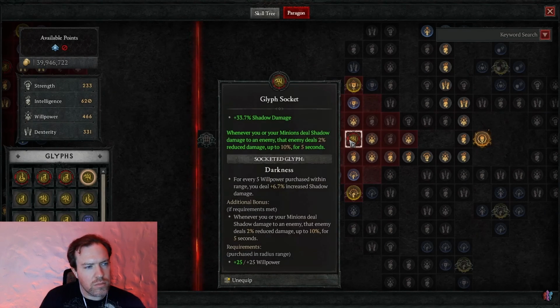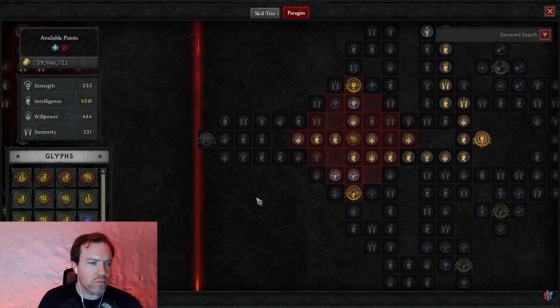This requires 25 willpower to activate the secondary effect, and it just means when we deal shadow damage, enemies will deal up to 10% less damage for 5 seconds as it stacks up. So a large source of our damage is shadow damage. This is going to increase it, and it's also at the same time going to give us some very nice damage reduction. We get this activated as a priority with 25 willpower, as shown here, and then work our